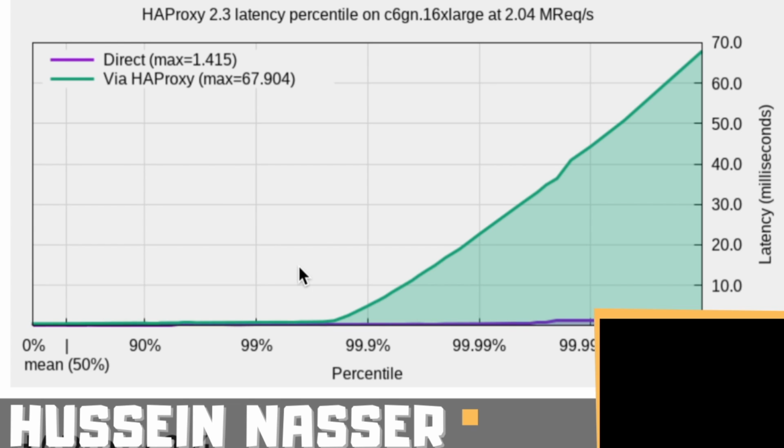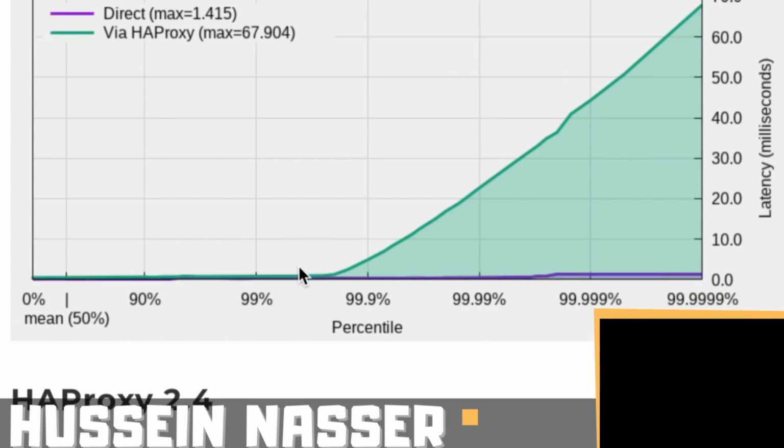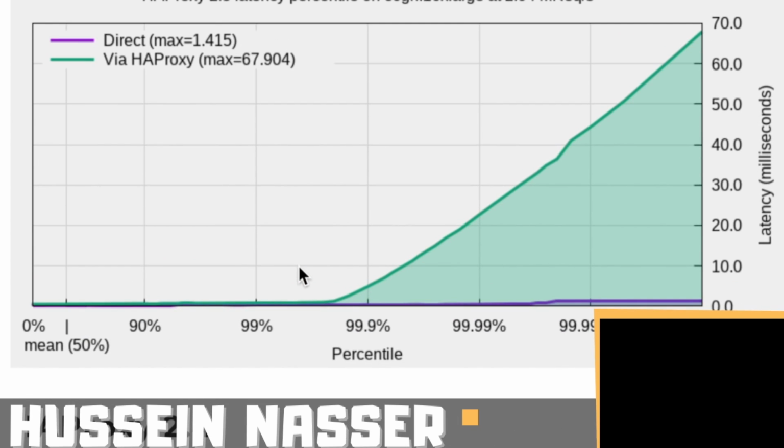68. Woo. But look at that, that's the maximum. That means 99.9999 percent of requests are less than 68 milliseconds. That's what it means, right? But the HAProxy team says, you know what? That's not acceptable, because the direct is one millisecond. That's the direct